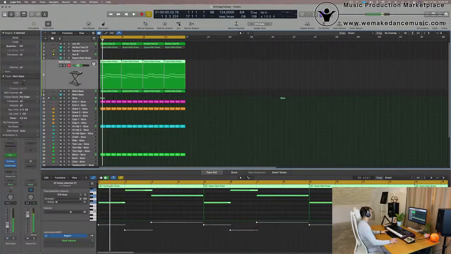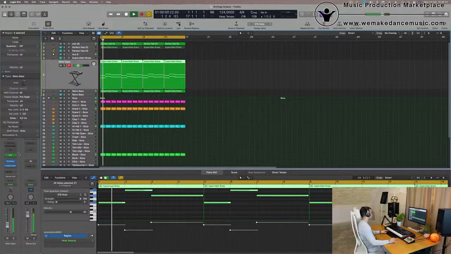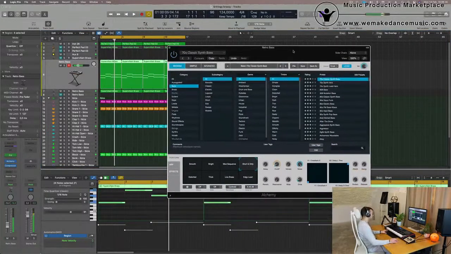So for now, I'm going to check out this little arp here, which is quite bassy. It's nice. I'm going to check if we can make it a little bit better. It's groovy. I mean, it's quite a bit of noise in there. It's interesting. A bit of a delay, I think, would work well. It's not the main element, so